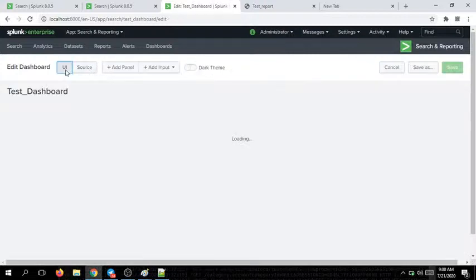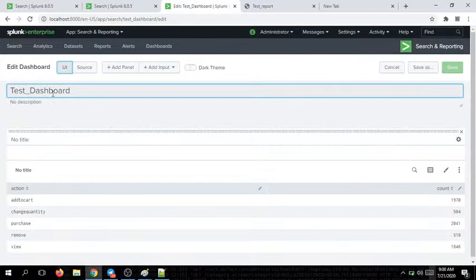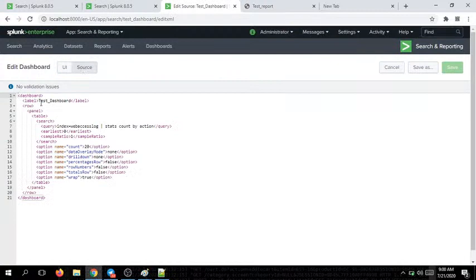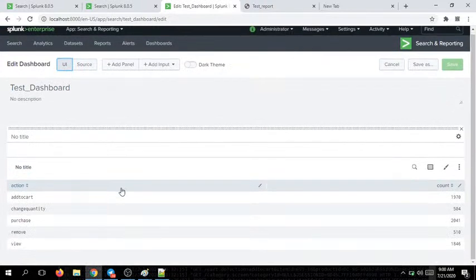Here, if you see, this is what? This is a dashboard. Correct, right? This entire thing is a dashboard. Whatever we are seeing now, the entire screen itself is a dashboard. For what purpose are we using it? We have a label called name, which we have given as test dashboard. That is called the label. Label is test dashboard. Now we have something called a row. What is meant by a row? You can create dashboards in such a way that